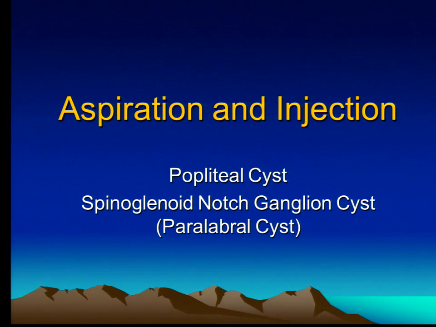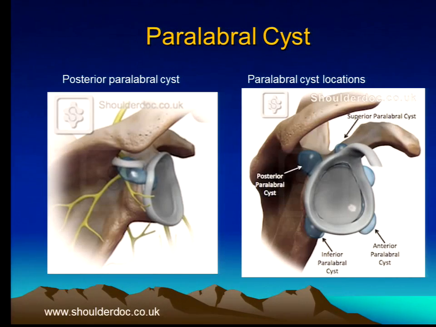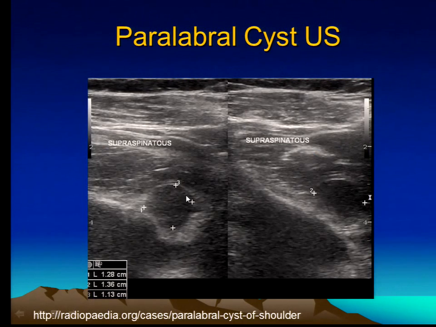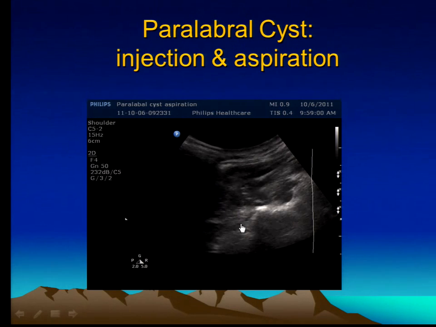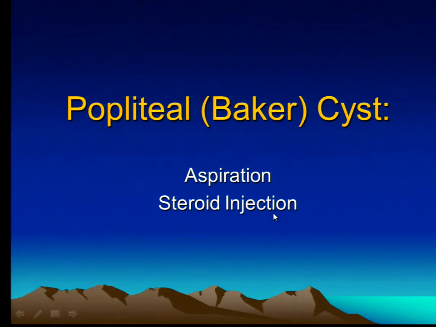Aspiration, okay, popliteal cyst, paralabral cyst. This is a picture of a paralabral cyst. I had a patient who came in for a paralabral cyst, and I was asked to aspirate this cyst, which I did. And here's the picture of the paralabral cyst in the spinoglenoid notch. And here's a picture. There's a video here. I'm sorry. Anyway, so the needle goes into the cyst. I had to puncture it a couple times, and then I aspirated, and then after that, I injected my corticosteroids